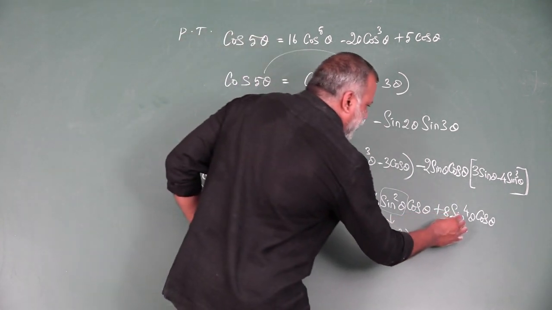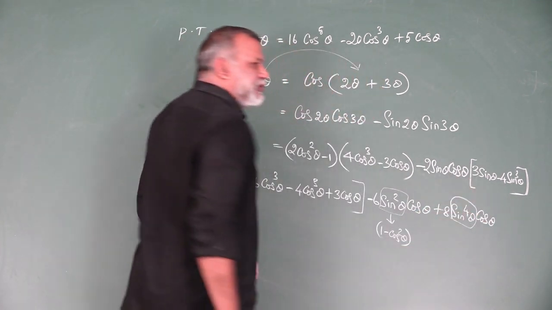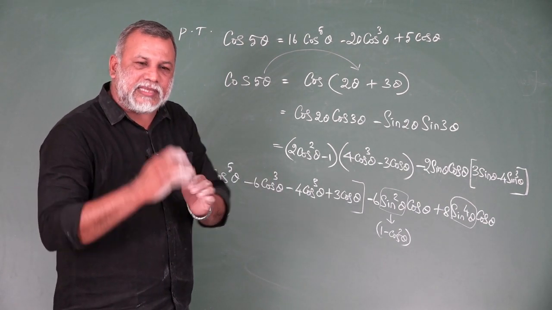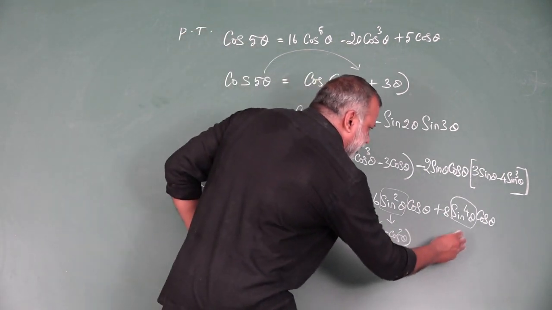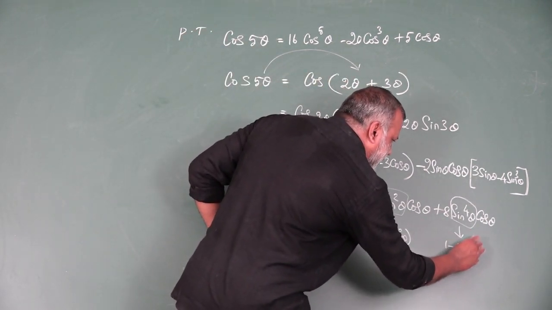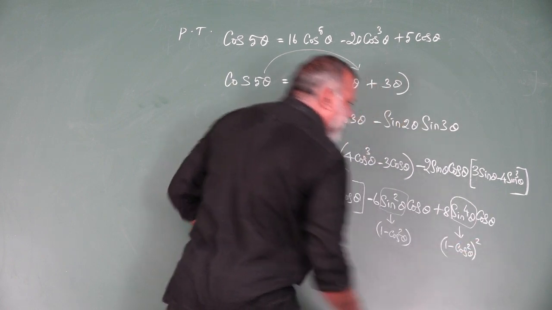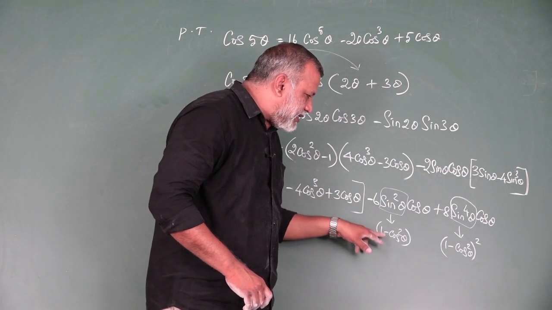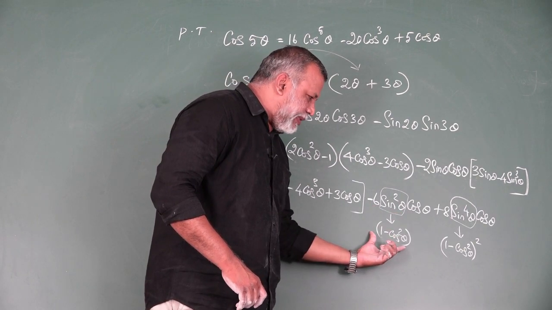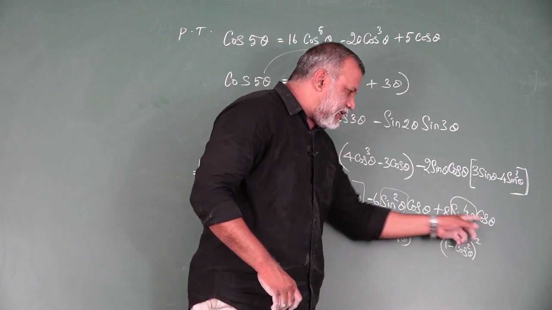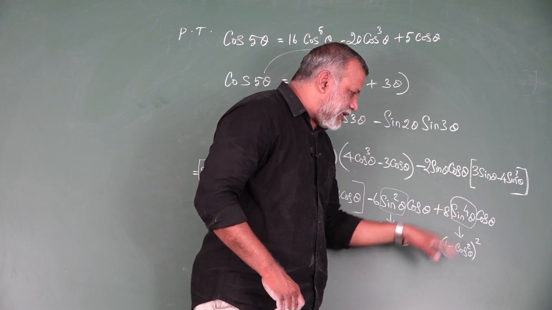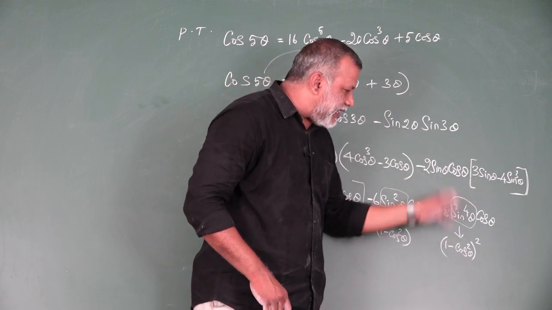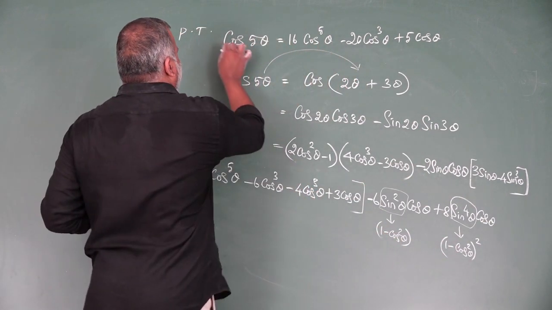See this one, sin power 4. I can treat sin power 4 as sin squared the whole square. That sin squared again can be replaced as 1 minus cos squared theta the whole square. These are the two you have to simplify. The remaining everything is the same. So 1 minus cos squared, again 6 cos theta is multiplied with this factor. Again here 8 cos theta keep as it is. This sin power 4 theta can be expanded as 1 minus cos squared whole square. First you have to expand, multiply and simplify. You will get the result.